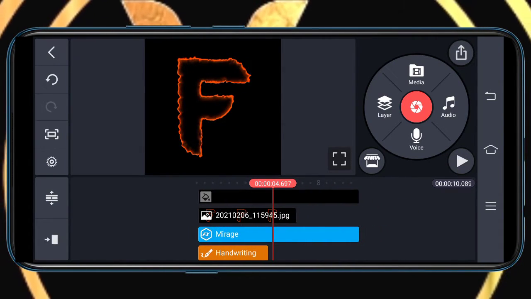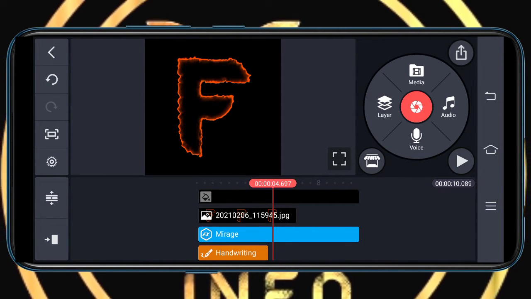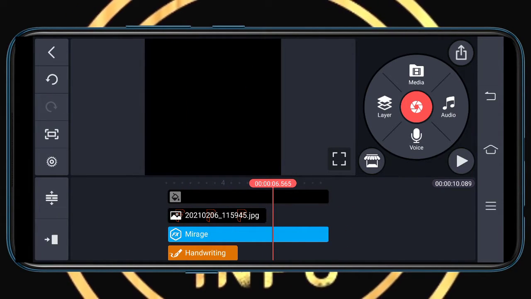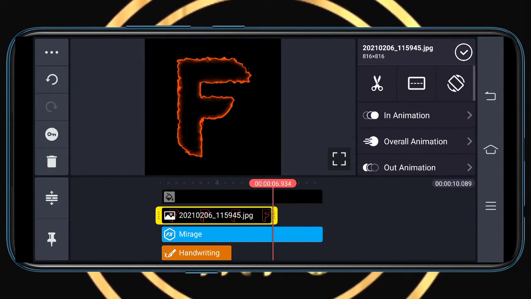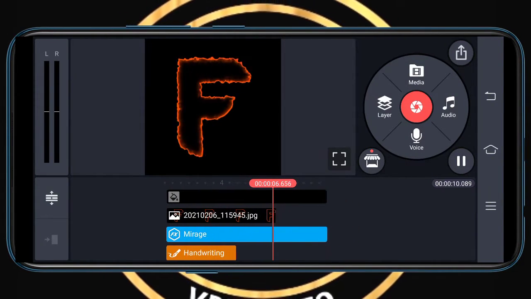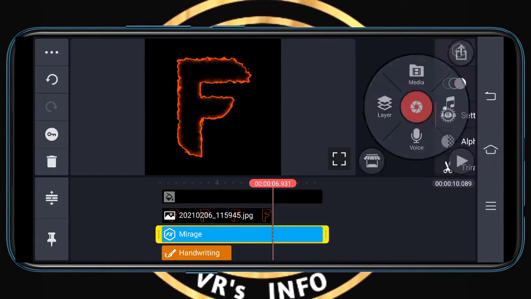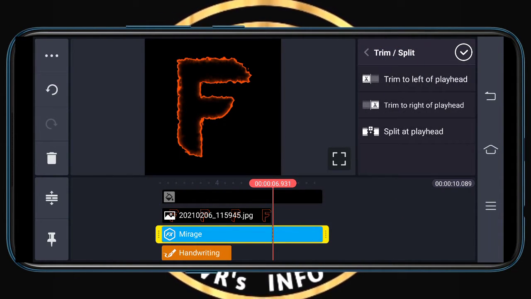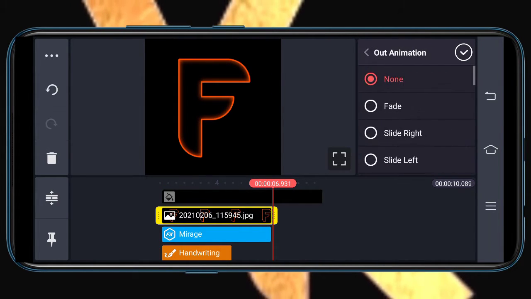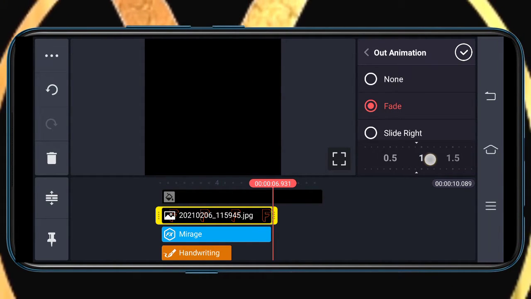Watch your video once again to see if it is coming properly, guys. If it's coming properly, then no need to break your head, you can just go on. Now here, guys, let's import the golden texture image. Before that, we need to make some arrangements for it. That is, we need to cut off this fire effect and the mirage effect before it. Both of them should exit the screen at the same time, guys. So cut it at the same time and give out animation for your letter.